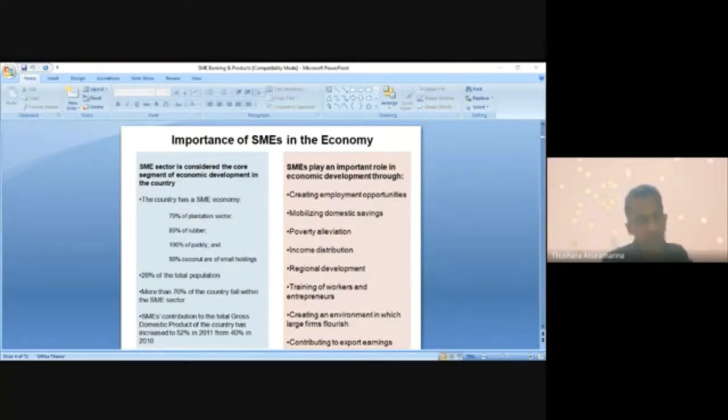Export earnings contribution, very good point. Everybody talks about the dollar and related issues, but this is a huge contribution to export earnings because there are many of them, not only one or two. If you take the coir industry, there are so many players, and they can contribute in different ways at different value addition levels. Finally, it would bring dollars, euros, sterling pounds. So it supports export earnings.